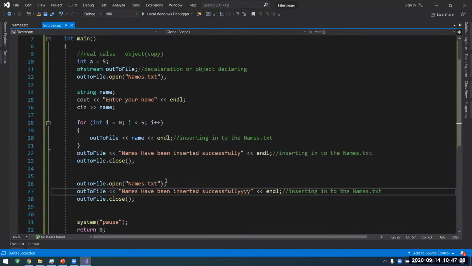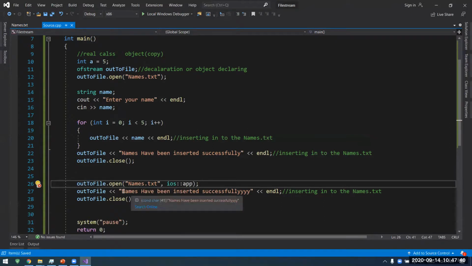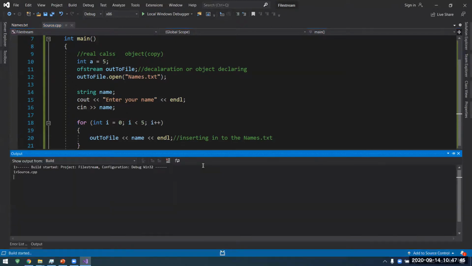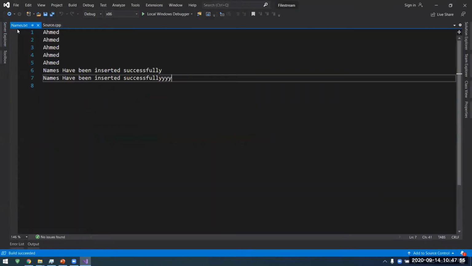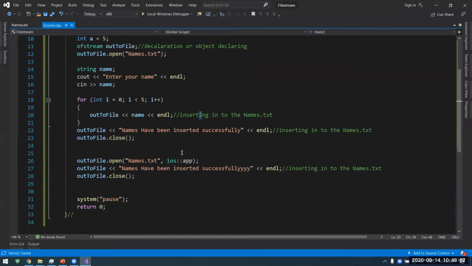Okay, in order to fix this problem, I should give ios::app, append. This way I'm able to add more lines of text or names into names.txt, the file I have created. I'll write Ahmed, and yes, Ahmed, Ahmed, and then this one, and then this one. Very good. Okay, so right now